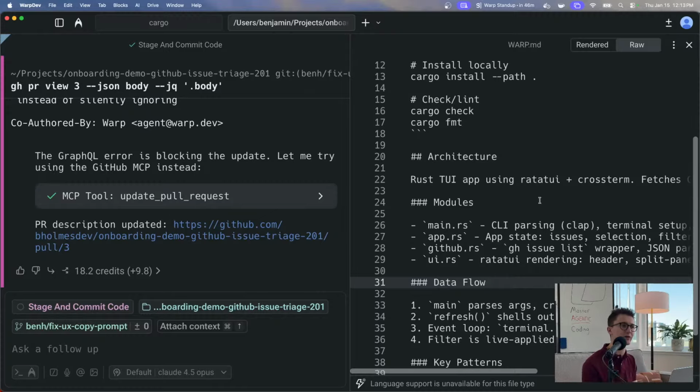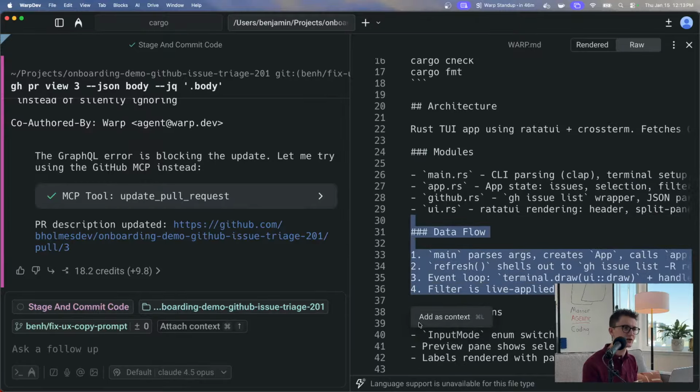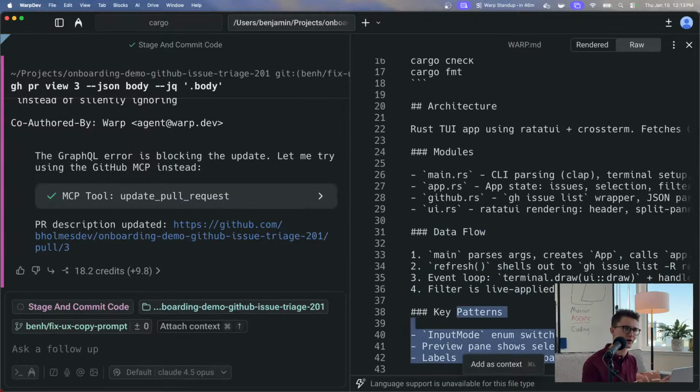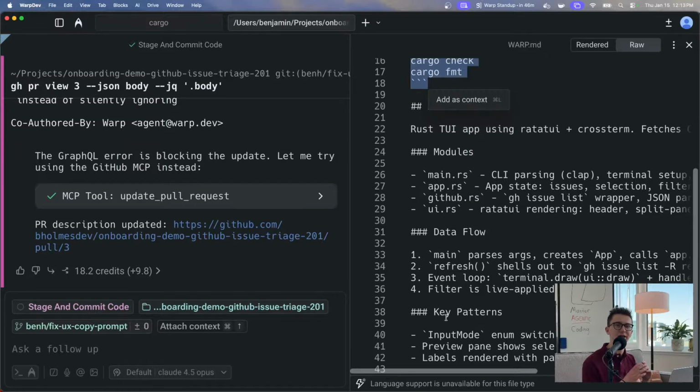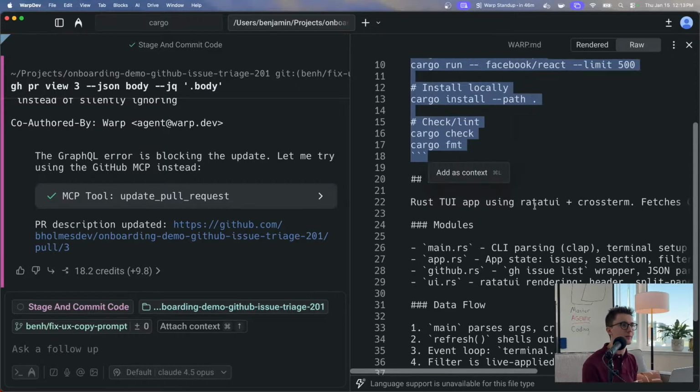You outline the lay of the land. Like, here's where all the modules are. Here's a general data flow. Here's some key patterns, and keep them as brief as you possibly can. But the goal is for it to know a basis of everything that the project is structured as and what it can do. It's very similar to a README, honestly, but maybe more detailed or opinionated